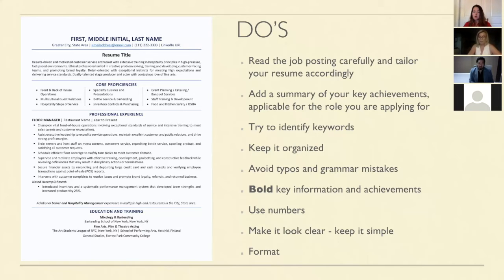So keywords, why it's so important, and I believe we'll be talking about this a little bit later. So again, read the job posting and try to think what is so important in this job posting, what is the key for the employer, what they're saying, like whatever certification is a must. So if you don't have the certification and you are not in the process of obtaining one, don't waste your time, okay? If they say 5 years of experience,